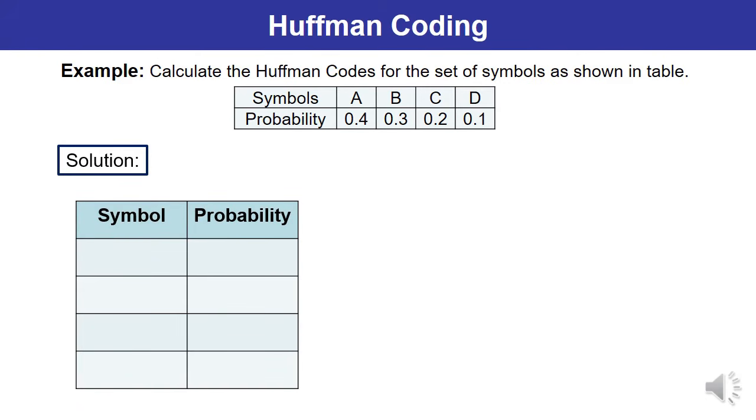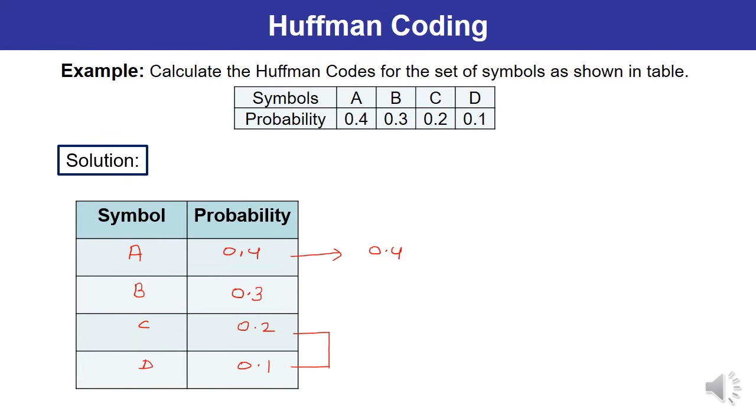In this case, first you have to arrange it into columns. Let us write the symbols and their corresponding probabilities. Symbol A, its probability is 0.4. Symbol B, probability is 0.3. For C, it is 0.2 and for D, it is 0.1. Now what you have to do? You have to add the lowest two, add these two, and then arrange it into the next column. See, the sum is 0.3. So let us arrange it on the higher side. So what are you going to place in the next column?